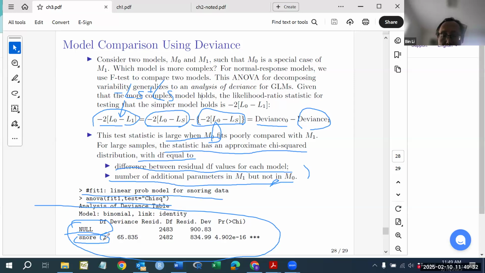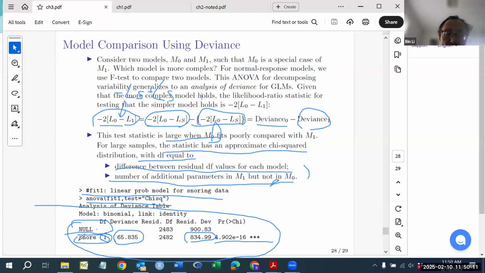Okay, and you can see the difference is 1. And the deviance is 65, I'm sorry. Okay, and the p-value is very small. So that means there is a significant difference between the intercept-only model, the null model without the snoring effect,